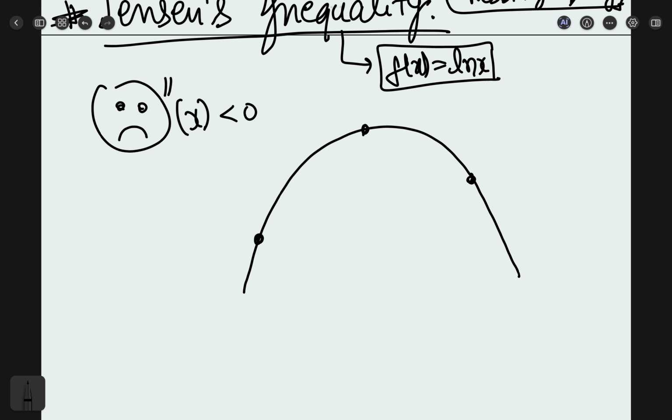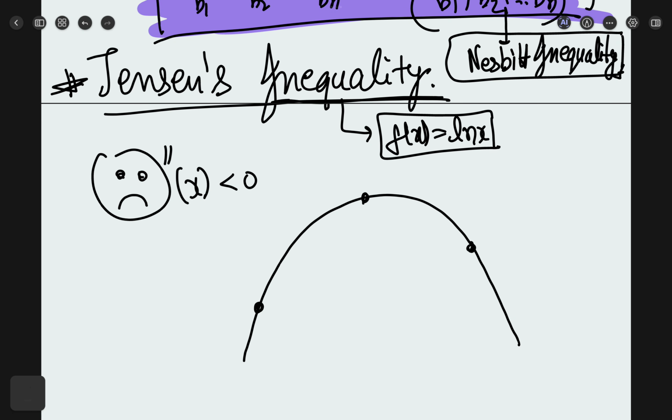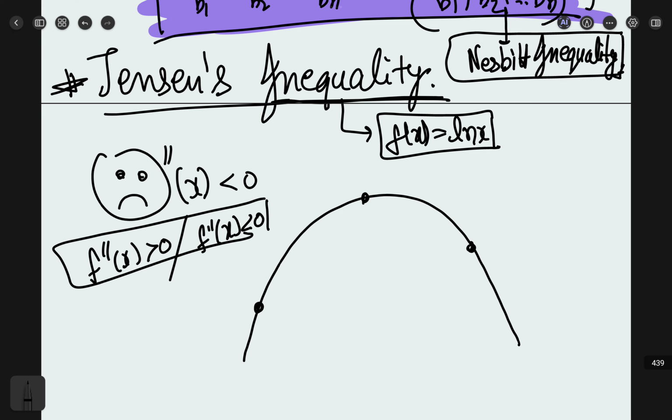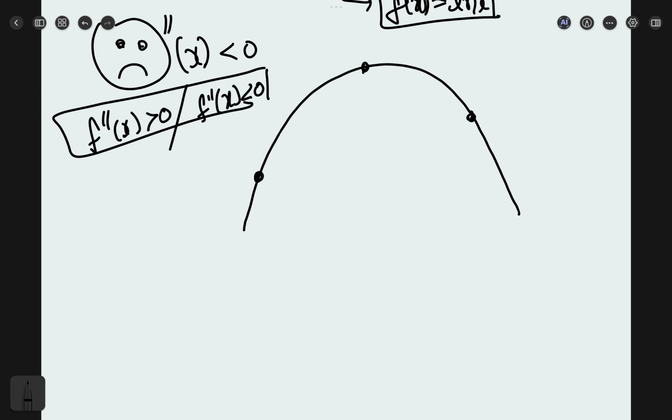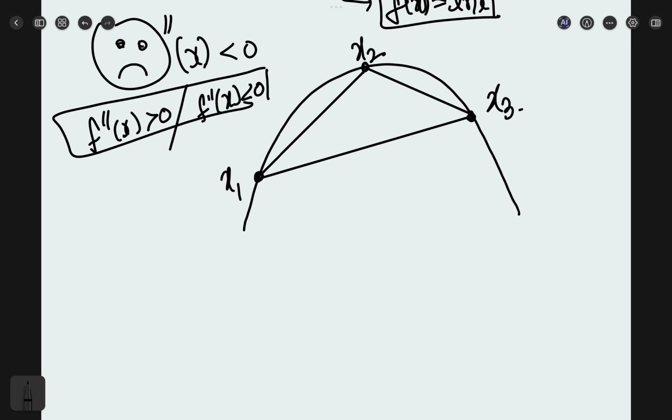Okay, so Jensen's inequality works for a concave or convex function, so I need f double dash x to be greater than 0 or f double dash x to be less than 0. I'll just show it in the f double dash x less than 0 case, and then you can try for the greater than 0 case. It's literally the same thing, just the inequality is reversed. Okay, so let's say this is my sad function,